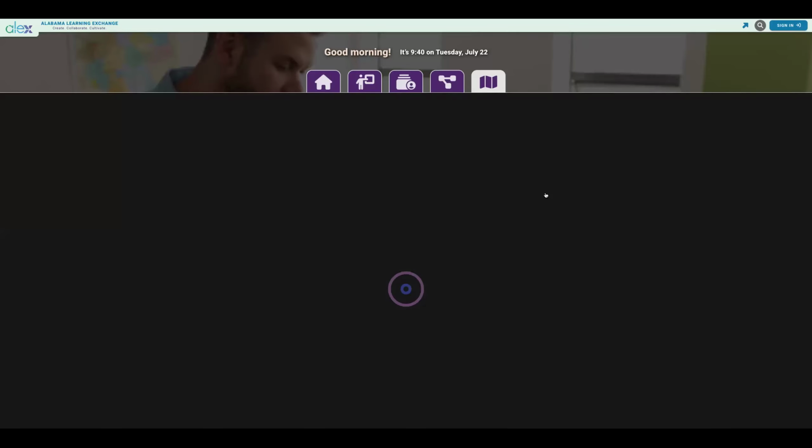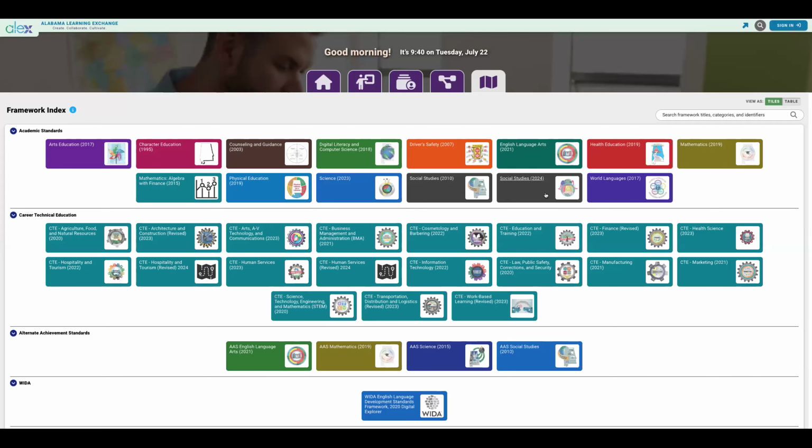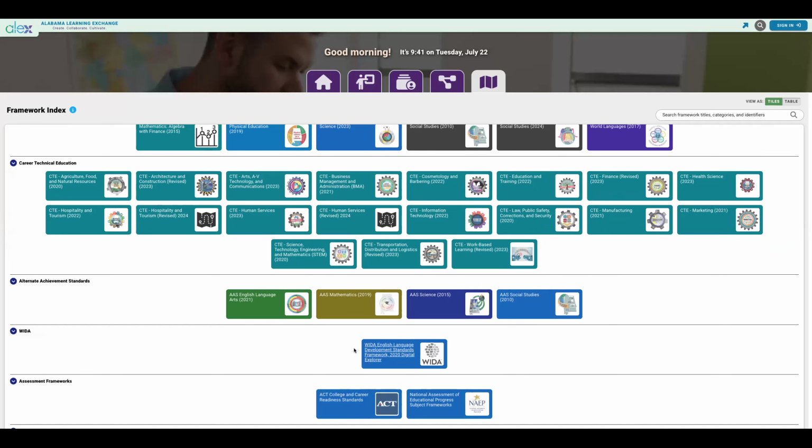standards. So some of the questions that we had as I was looking through our chat is, do we have the career technical education, the CTE standards? Yes, all of those are right here. We also asked, do we have the language development, the language learning standards? Yes, those are right here with WIDA.